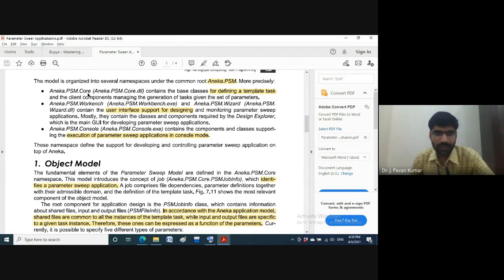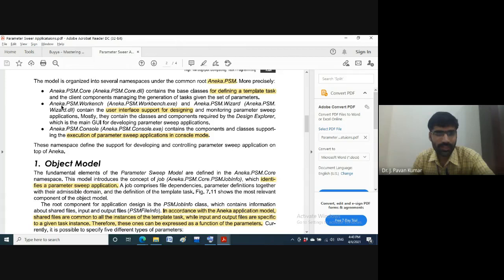In order to generate the tasks, we need two things, right? Template task and a set of parameters. By taking the set of parameters, how can we generate tasks? The libraries associated with this particular generation we will be having in the namespace called aneka.psm.core.